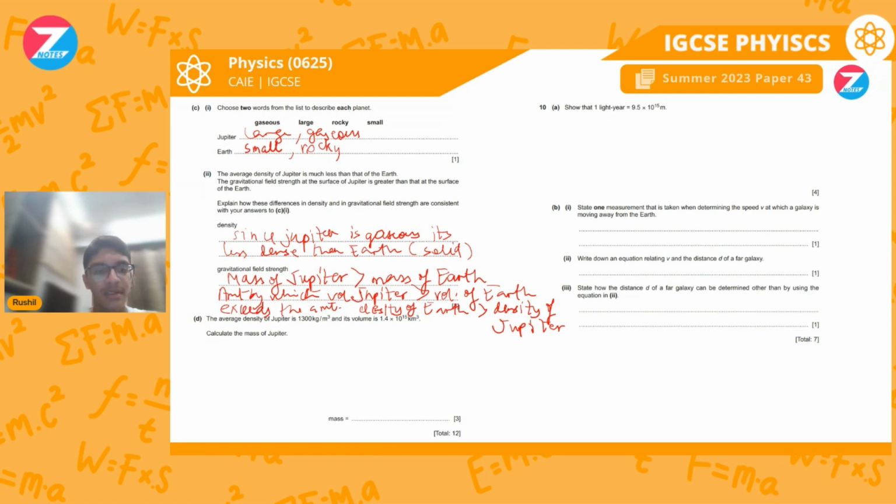So the average density of Jupiter is 1300 kg per meter cube, and its volume is 1.4 into 10 to the power 15 kilometer cube. That explains the previous question. Calculate the mass of Jupiter. So as I just mentioned, mass is equal to density into volume. Density is 1300, whereas the volume is not exactly this. Since we have meter cube in density, we have to convert this to meter cube, for which we have to multiply this value by 1,000 three times, since it's meter cube. So 1.4 into 10 to the power 15 into 1,000